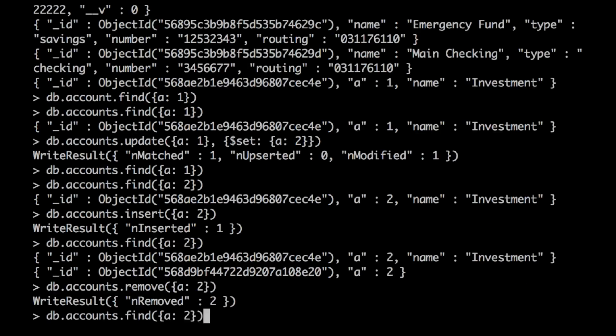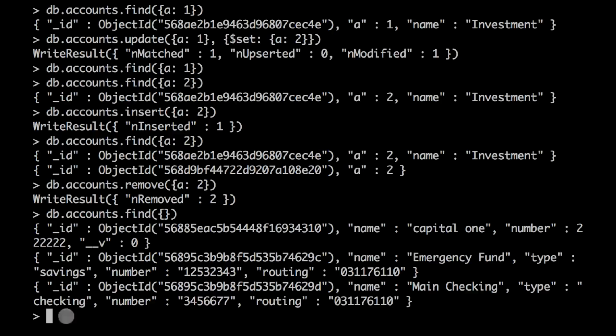Okay, so now if I do find all, which is just a find without an object or with an empty object, I would not see investment, I would not see A equals 2. And there are more things to the query. It's not just a plain object. You can have greater than, less than, you can have where, and even functions, but we're not going to